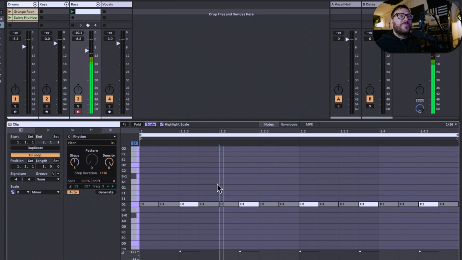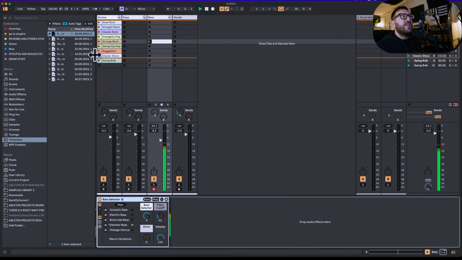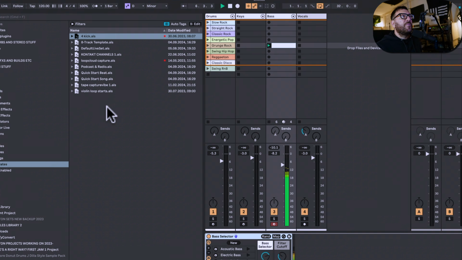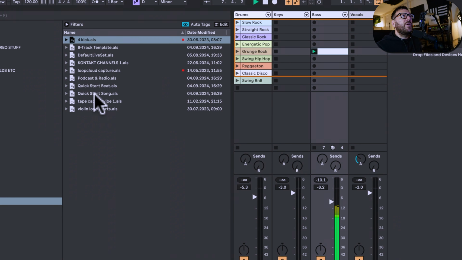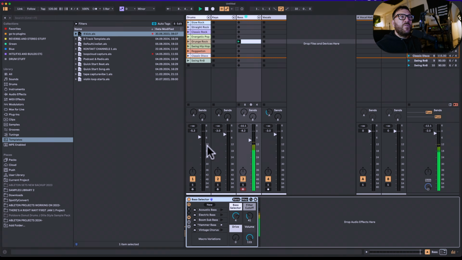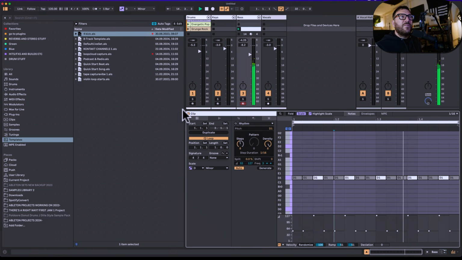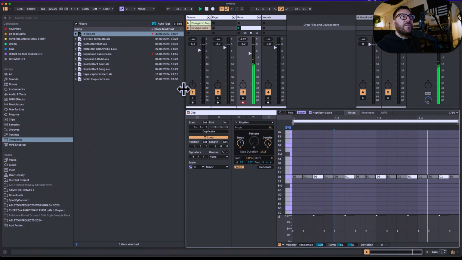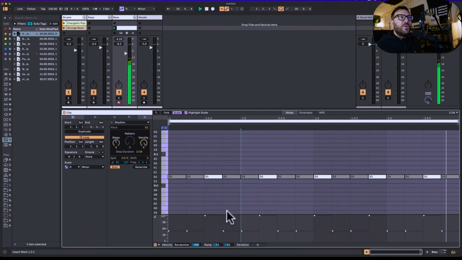So now, let's see what we can do with it. I'm using one of the templates which I dragged in, which is from here. And I use the quick start song, which gives me a few different bass instruments. So can you hear those accents? Go into here. I'll just make this so you can see it better. If you look at the velocity down here, it's got these accents, and this is every third note, and you